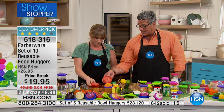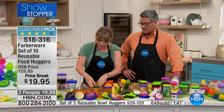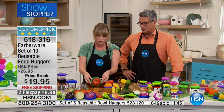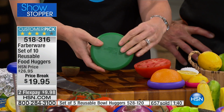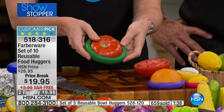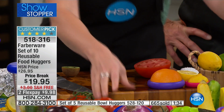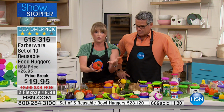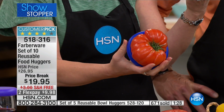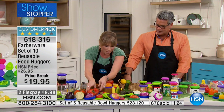And by the way, these are big tomatoes. So if you're wondering, what if the fruit or veggie is too big for it? No, these sizes are huge. This is your extra large size. Look at that. You're getting 2 of every size. You have the choice of the multi or the green and yellow. The avocados come green. The same goes for any oddly shaped produce. Look at this weird tomato. What do they call these? Those are the big ugly ripe. Ugly ripe. So yes, it fits those best as well, and then they taste